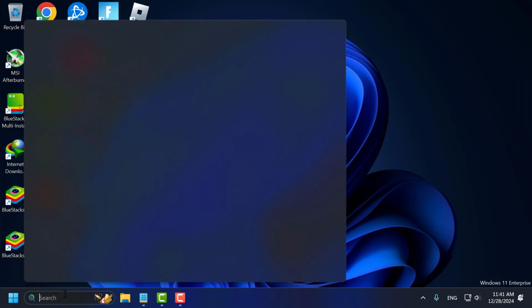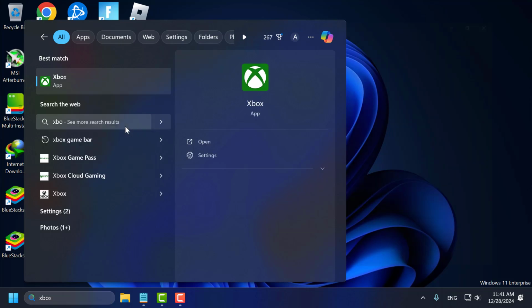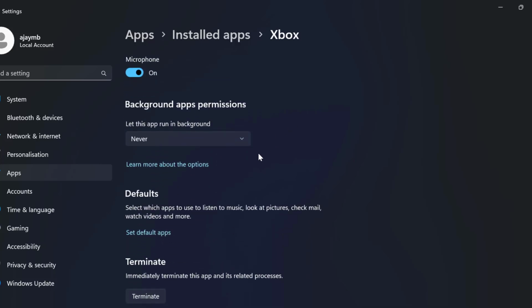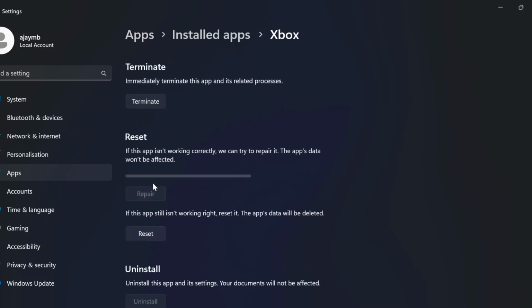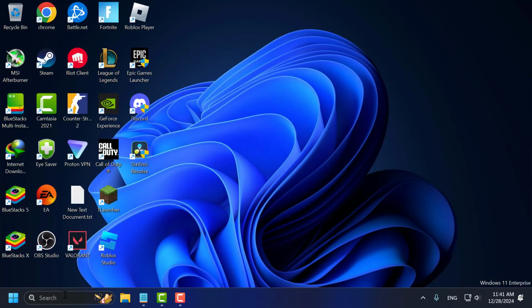Now go to search menu and type Xbox. Right click on the Xbox app and select app settings. Scroll down and select the terminate option and select the repair option. Select the reset option. After getting reset done, just need to close stuff here and go to search menu and